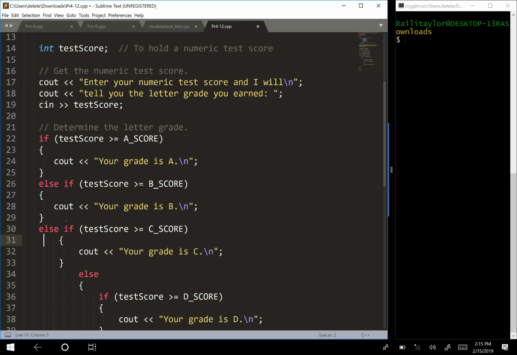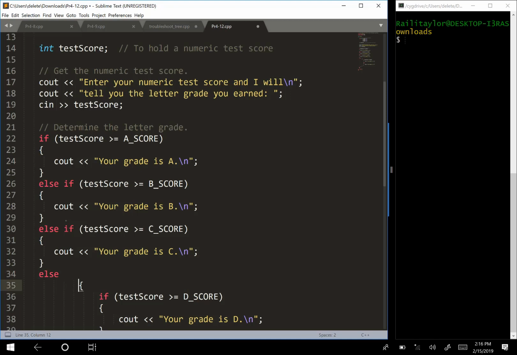So cout else if. And readability, like what I'm doing now to try and make this readable, readability is just as important as your code working. If your code works but it's not readable, people are going to be mad about it. Okay, so else if test score is greater than or equal to C, your grade is a